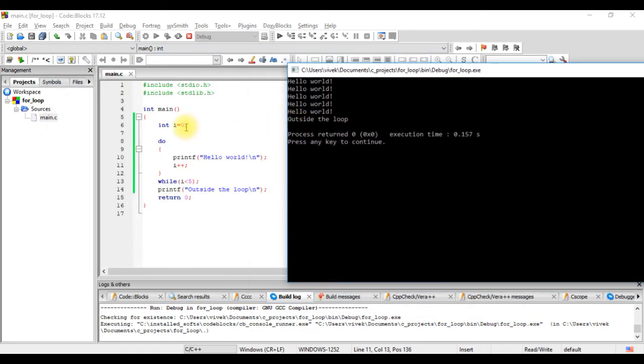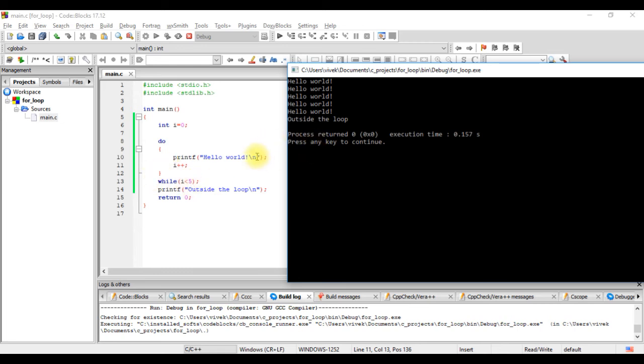So at the first time the value of I is 0. It does not matter what the value of I is, this line is getting executed. Then the value of I becomes 1. It checks 1 less than 5, yes, it goes back, prints it. I value is 2. Likewise, it goes on till the value of I is 4. It comes here, 4 less than 5, yes. It goes and prints it again. And then the value of I becomes 5. When it comes to check here, 5 less than 5 is false, and that's when it exits the loop.